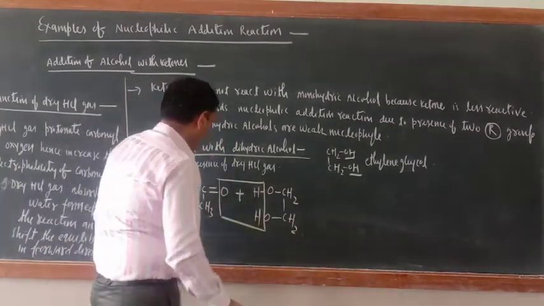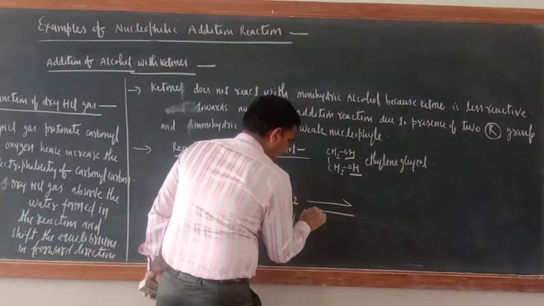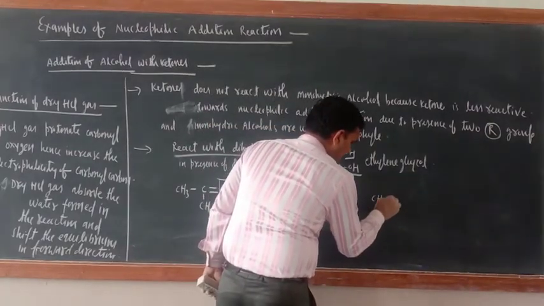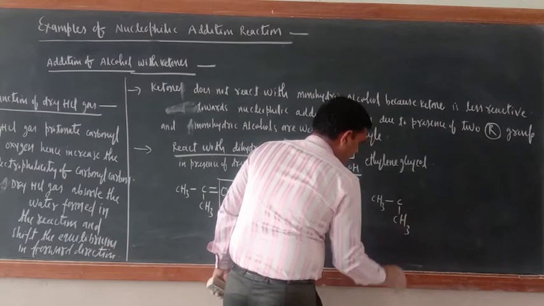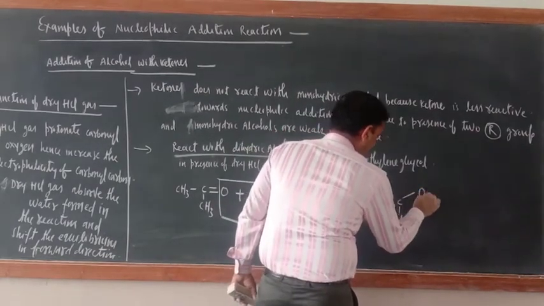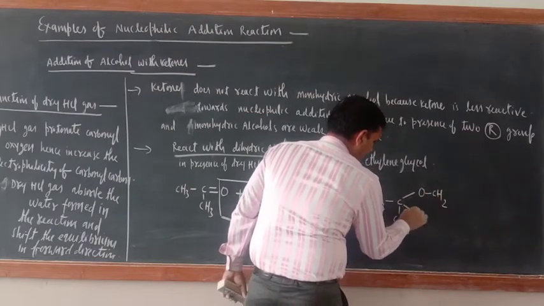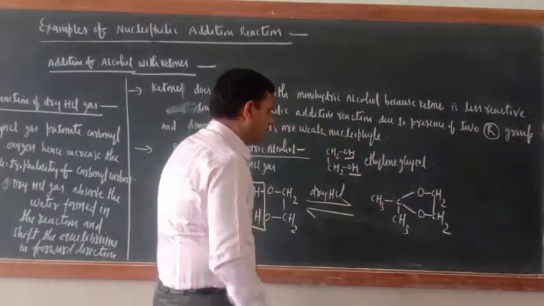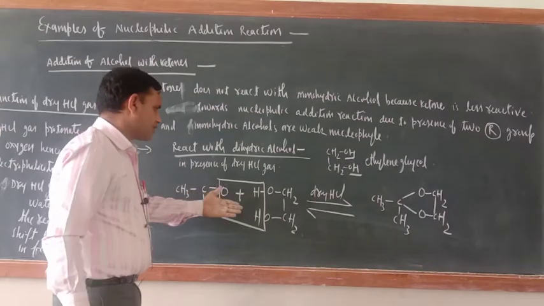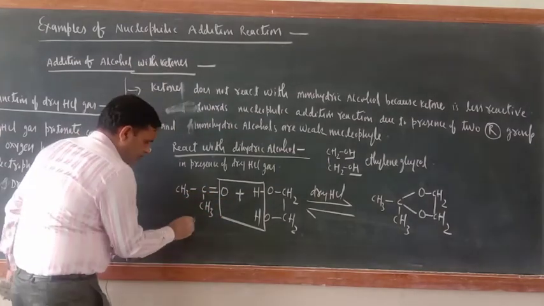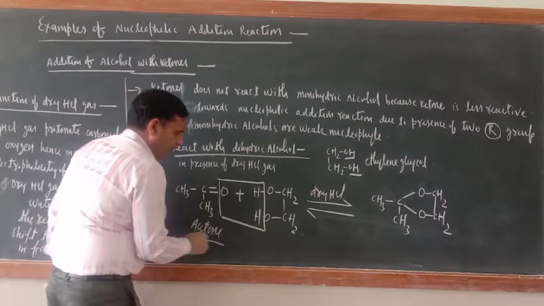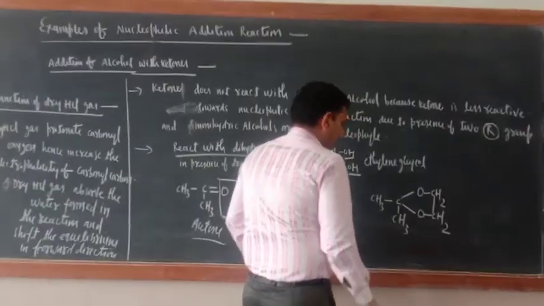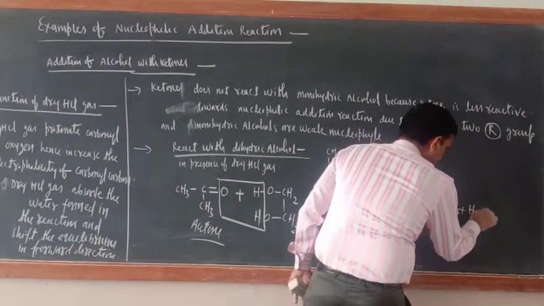So now what is the product here? Here write dry HCl. Now what is the product? CH3, C, here CH3. Now here O, here CH2, here also O, and here CH2, correct? You can write the name of this compound. Nothing else is there, just H2O will come out. Just see, this is acetone. Now H2O will come out and they will be bonded with this carbon atom. So plus H2O. What is the name of this one?